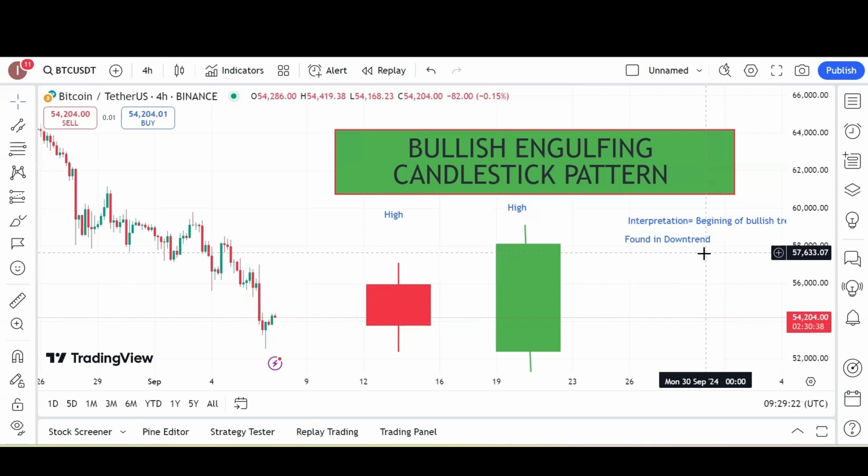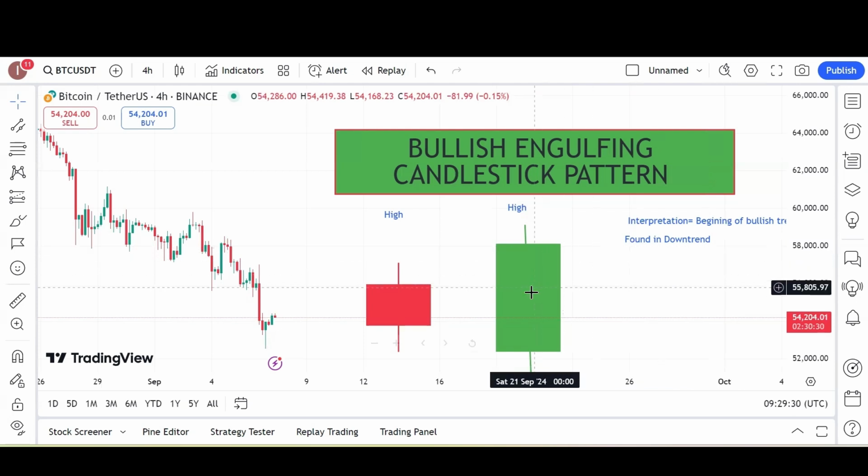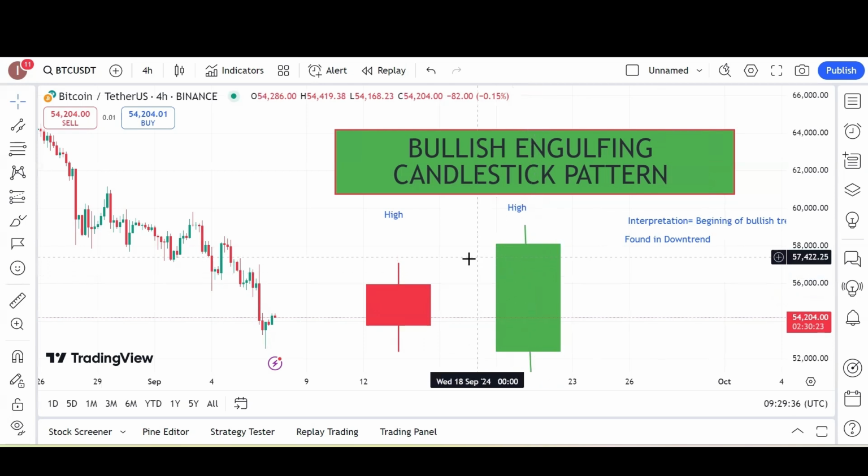Hello everyone. Previously we studied the shooting star candlestick pattern, and today we study the bullish engulfing candlestick pattern. The bullish engulfing candlestick pattern occurs on the chart when a large green candle fully engulfs the previous